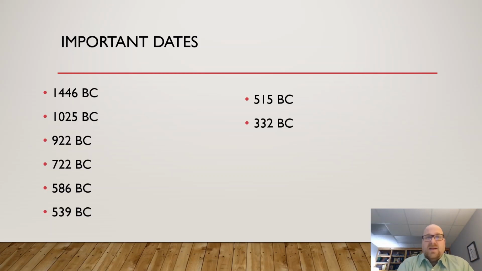332 marks the date when another great king rose to power, namely Alexander the Great. And here we're marking the date when East met West. The eastern kingdom of Persia was conquered by a western kingdom, namely the Greeks. Technically Alexander was from Macedonia, but we'll say the Greeks. The Greeks conquered the Persians in 332.